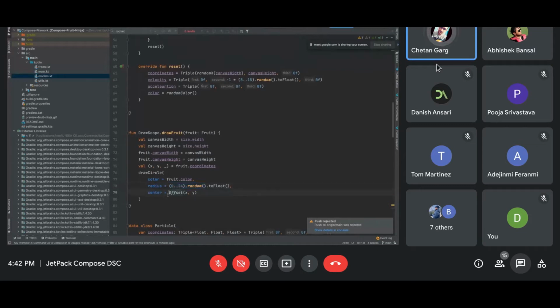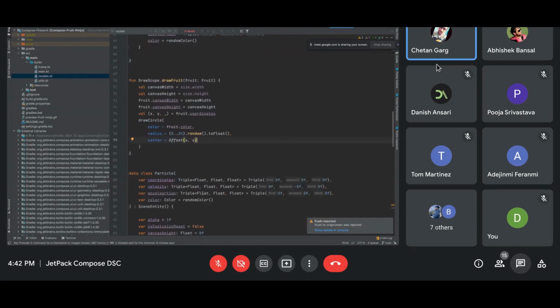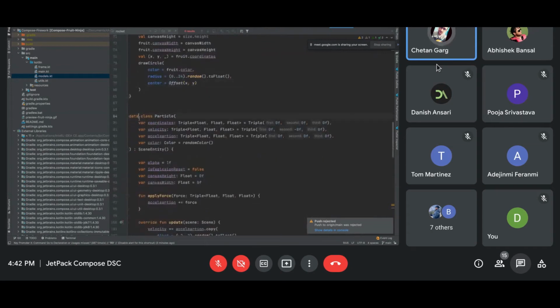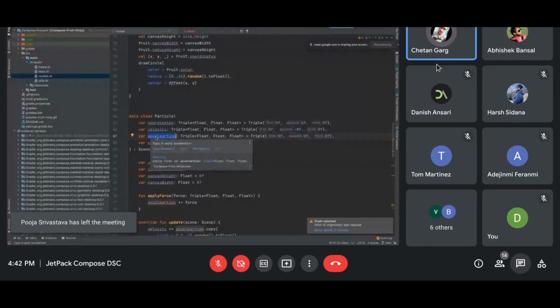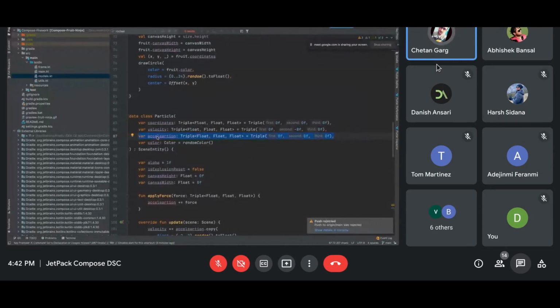Okay, then I'm positioning to the center, which I got from the coordinate. So this will give the motion of going upward, and when acceleration changes the xy coordinate, it will give the motion of free fall, the downfall. Okay, and now here is this particle class. So particle has coordinates, velocity, and acceleration, but it doesn't have any complex mathematics related to its acceleration. I just add random acceleration just to throw it out of some x or y coordinate.